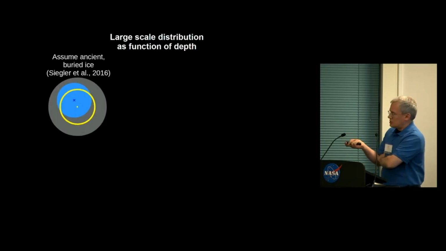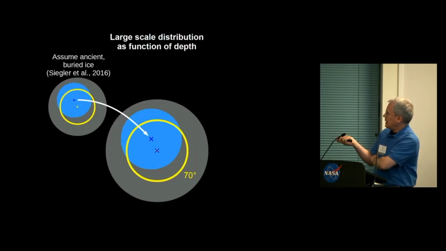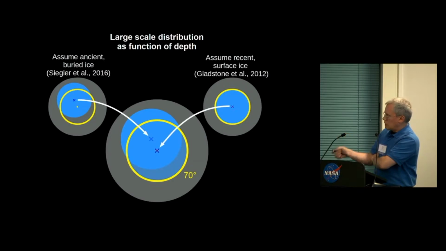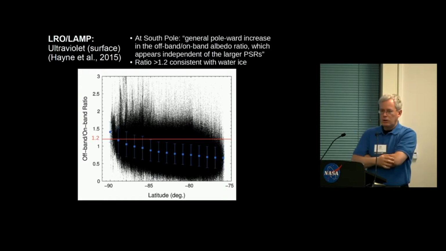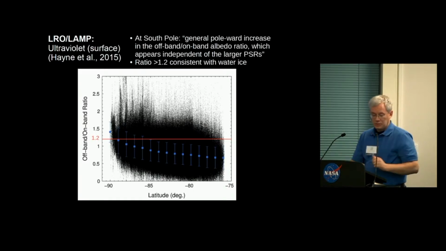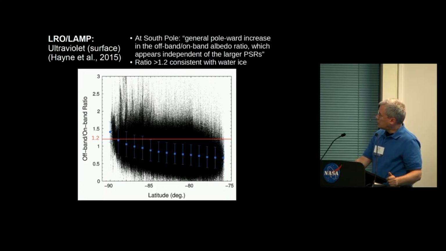Another way of looking at this is basically that we could be looking at simply two combined ice caps, an old, more buried ice cap, and a more modern ice cap closer to the surface. Now, why is 70 degrees critical here? I'm going to show you several data sets that explain why. Let's start with